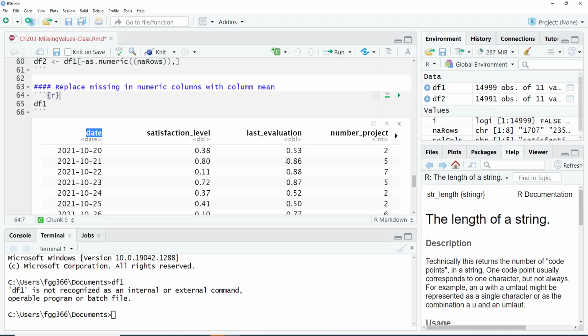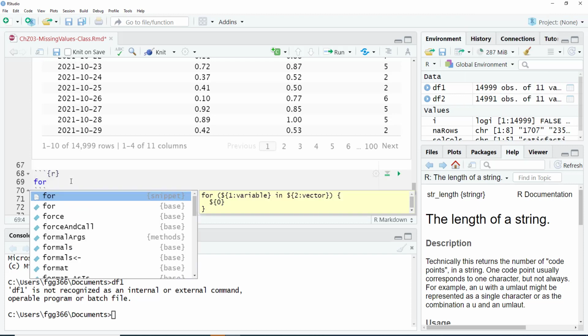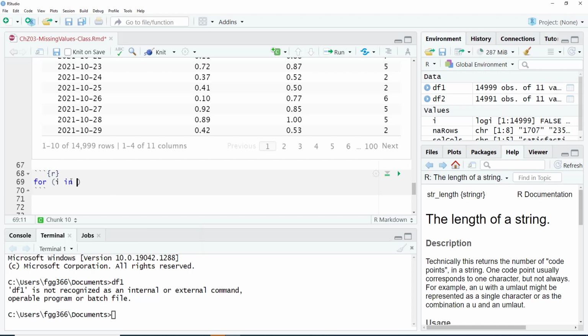So we can now do a for loop. We can say for i in 2 to 9.